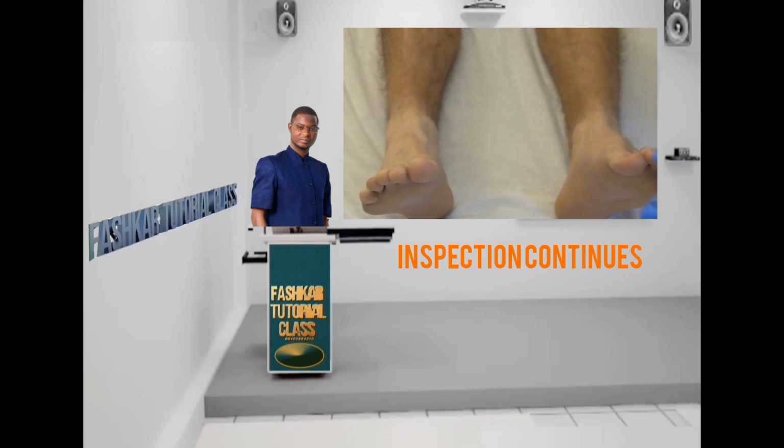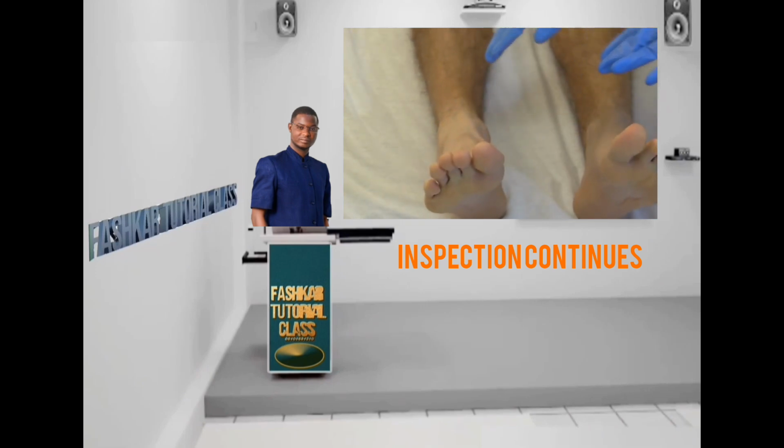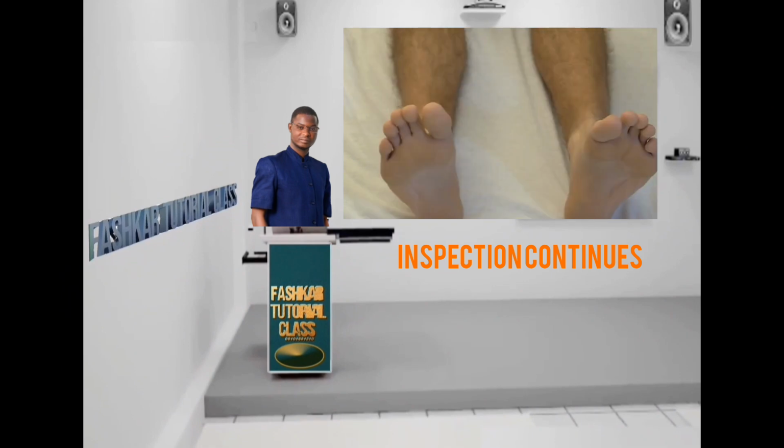Okay, now I'm going to have him push against my hands. Push against my hands, Ben. Okay, good job. Now I'm going to have you raise your legs against resistance. Good job. Now we're going to check the Babinski reflex, and you can use your reflex hammer for this and